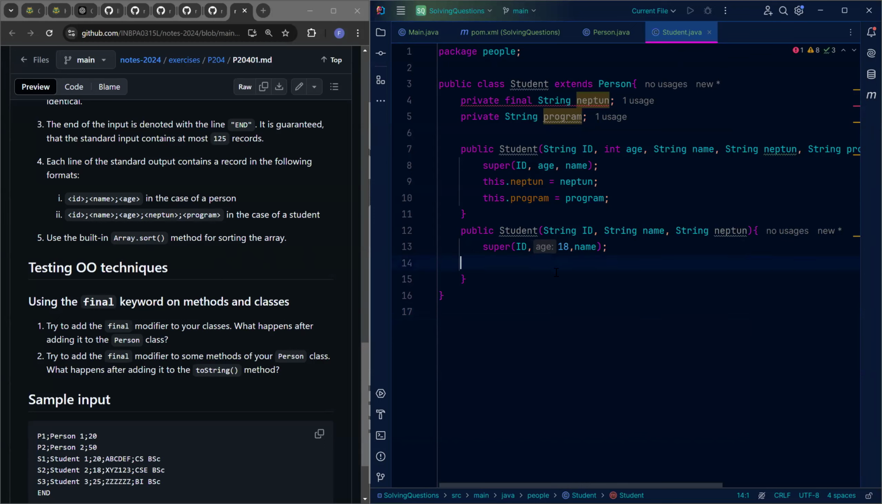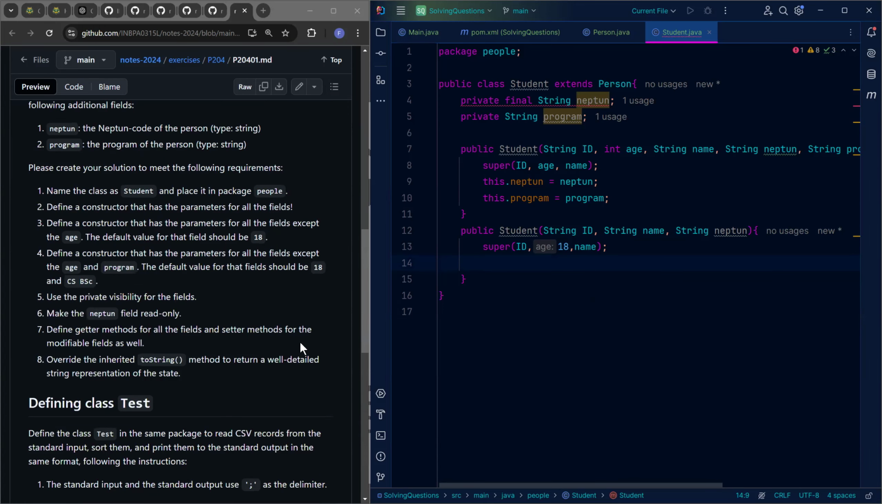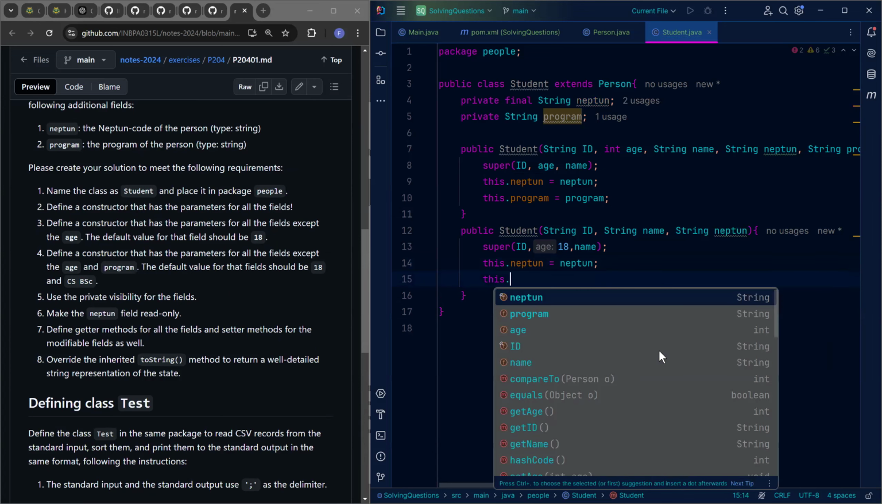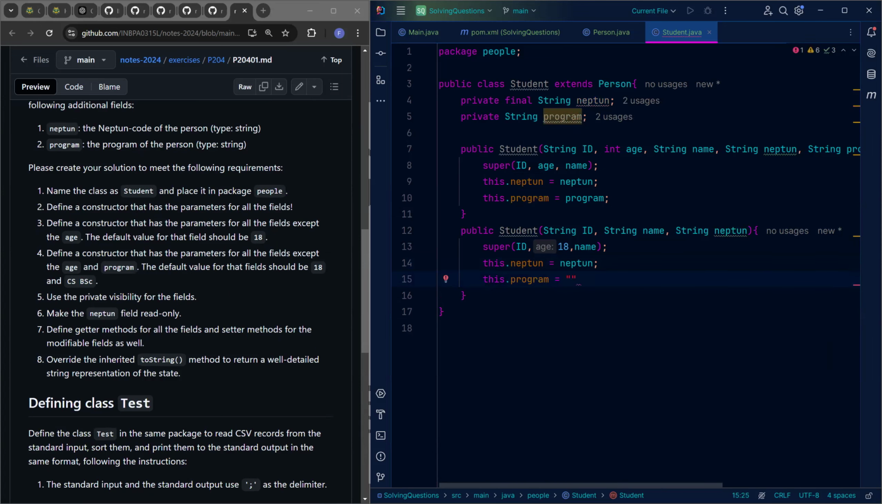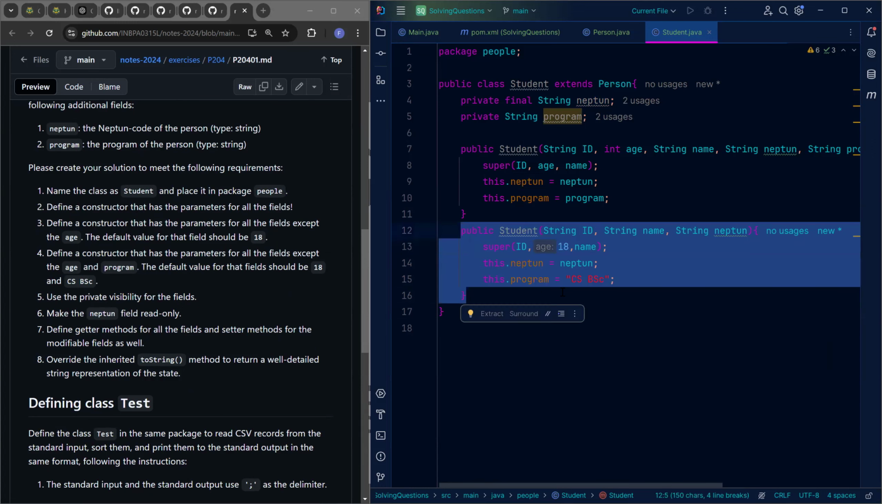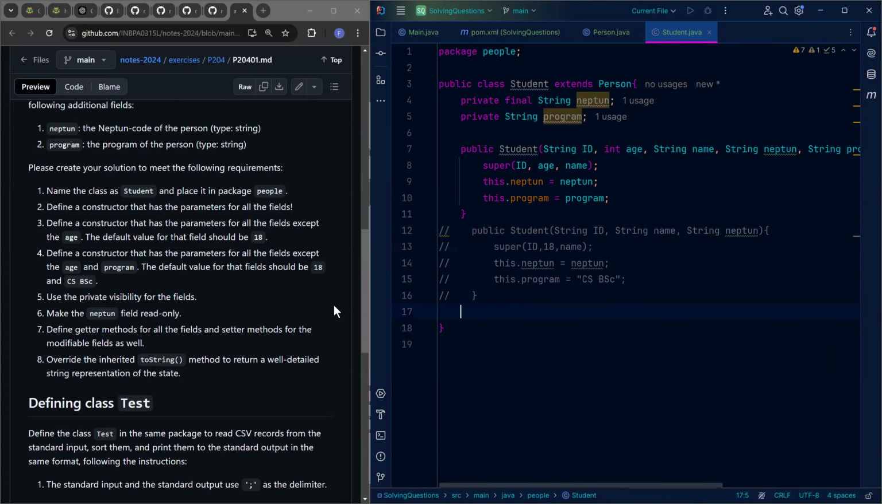Okay, so last time I wrote this constructor myself. The requirement for this constructor was all the fields except age. So we assign this.Neptune equal to Neptune, and this.program has a default value of CS BSC. Some people texted me saying I shouldn't be writing it myself. Like I said, this is just for demonstration. I'm showing you how it works behind the scenes. In reality, if you had to define a constructor that has the parameters for all the fields except the age,